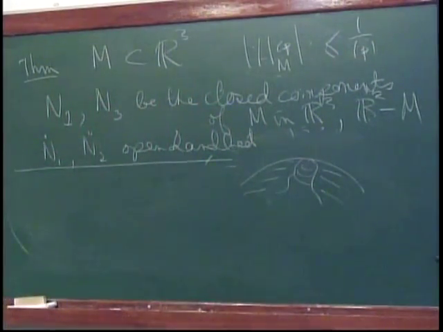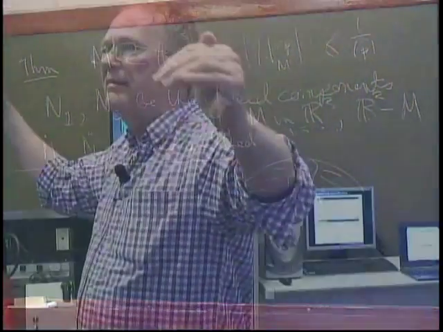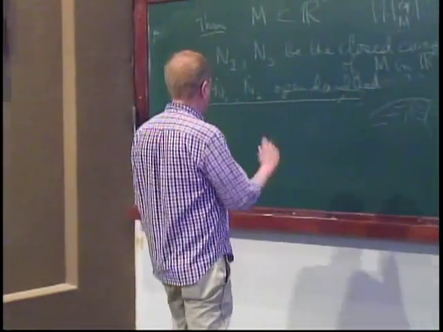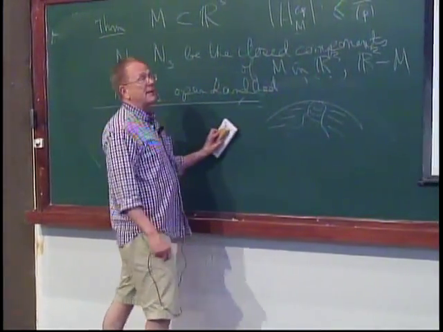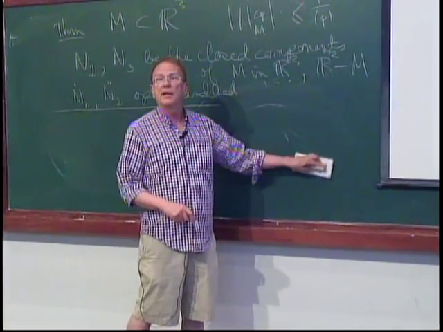So that would be a condition which, again, guarantees that you don't have any kind of two handles attached. So as long as you have a properly embedded surface in R3, whose mean curvature, for example, goes to 0 reasonably quickly, and it's not too big anywhere near the origin, then you have this nice decomposition of the space. Okay? So that's very interesting. In particular, if it's a minimal surface, I automatically have this property.